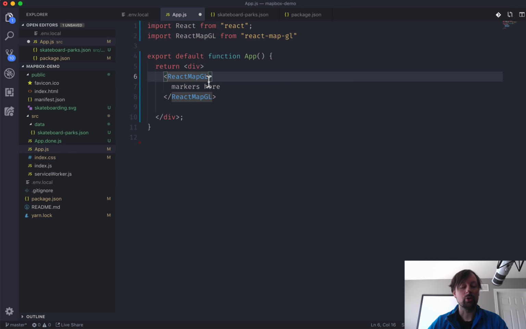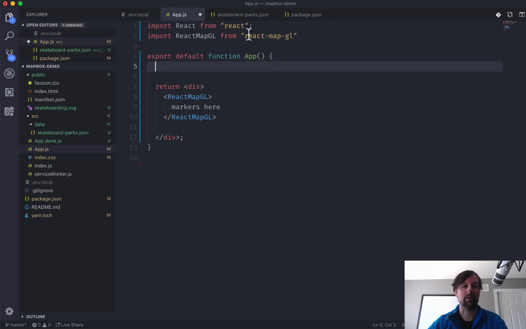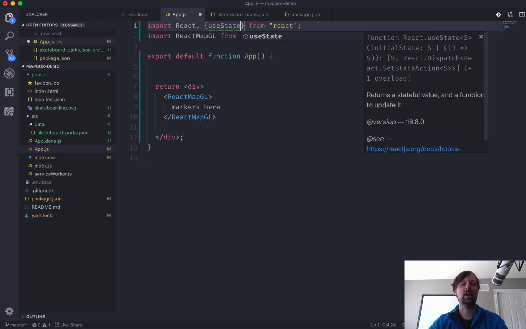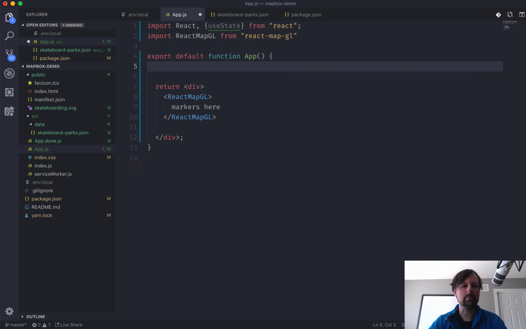So whenever we use React Map GL, we need to give it a bunch of information about how to display this map on the screen. That's both the size of it, but it's also where to center the map when it loads, how far to zoom into the map, etc. And to do that, we're actually going to use some state. So we're going to be using hooks for this, and we'll be using useState. And we'll call all of this information that we're going to use to position the map the viewport. So we'll say const viewport and setViewport